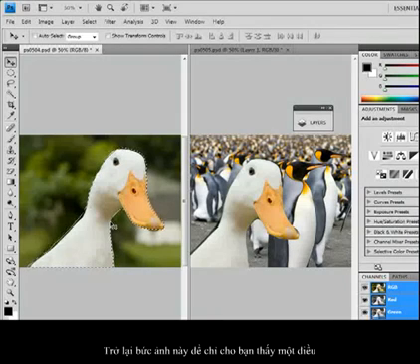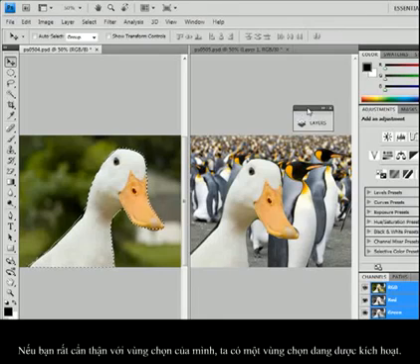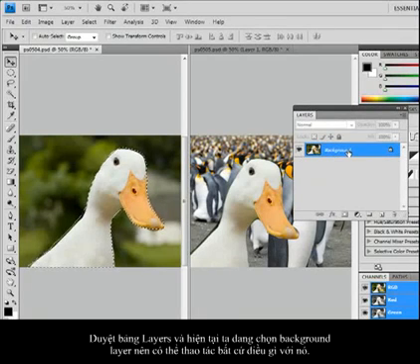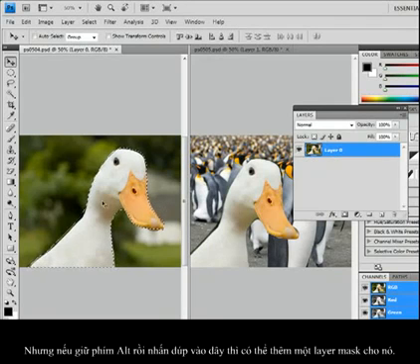In fact, let me go back to this image just to show you something. If you want to be really careful with your selections, I have an active selection right now. If I go to my layers palette and I have this selected, now right now it's a background layer, so I can't implement any layer features. But if I hold down my Alt key and double click on this,